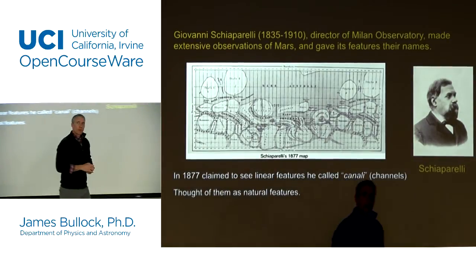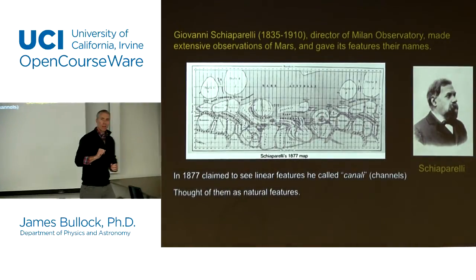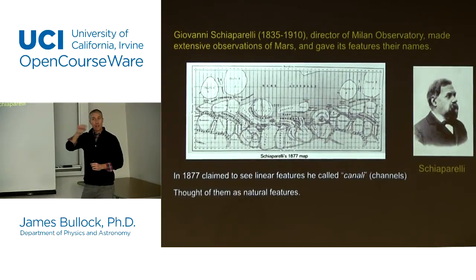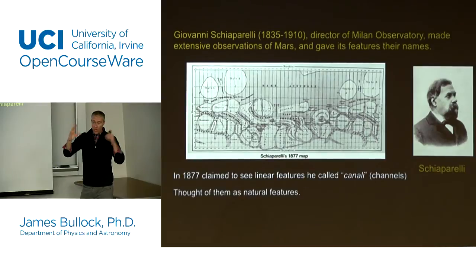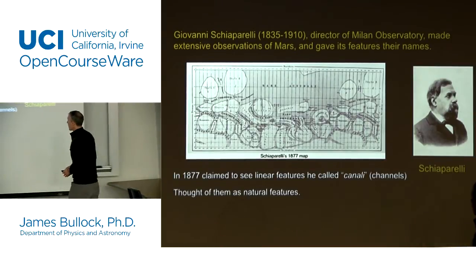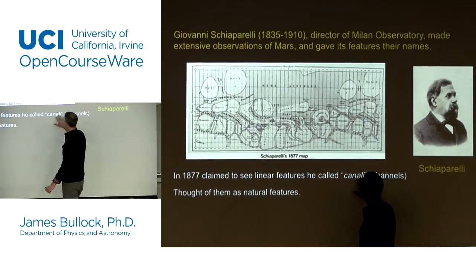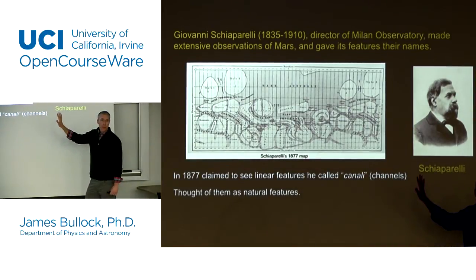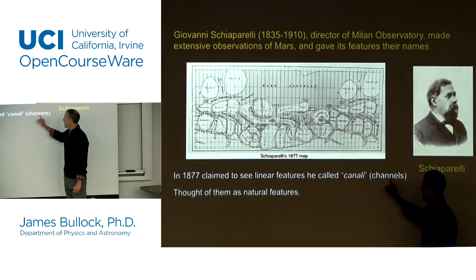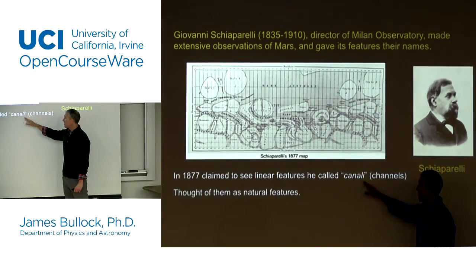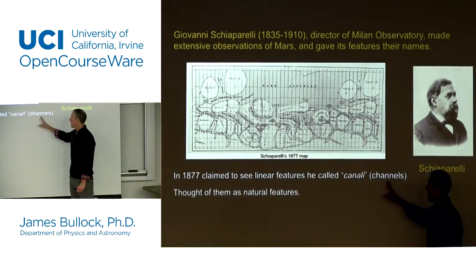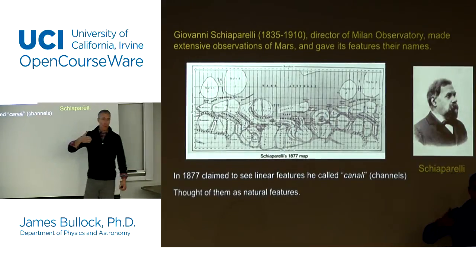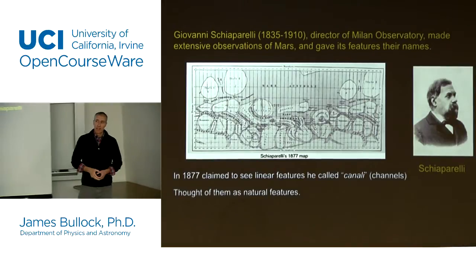He noticed that there were features on the surface of Mars that looked like ruts or line-like features on the geography of Mars. And he called them canali. If you were an English reader, you might read this as canal. What he was thinking, more likely, was channels, or maybe rifts in the land.